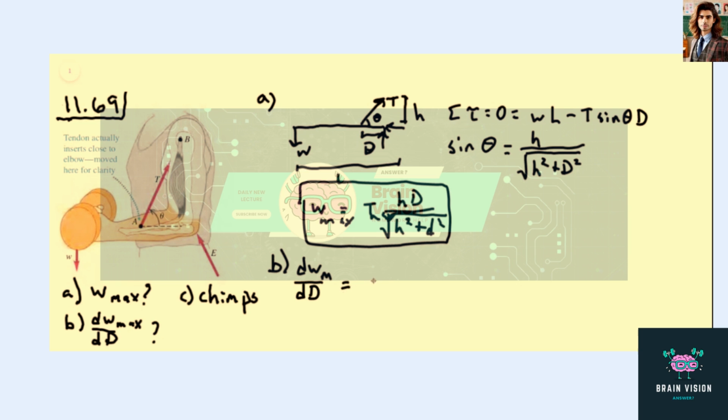So then this is equal to the maximum tension times H divided by L. Oh, I forgot an L in the denominator here. Sorry. Got kind of messy. Anyway, so L times the square root of H squared plus D squared